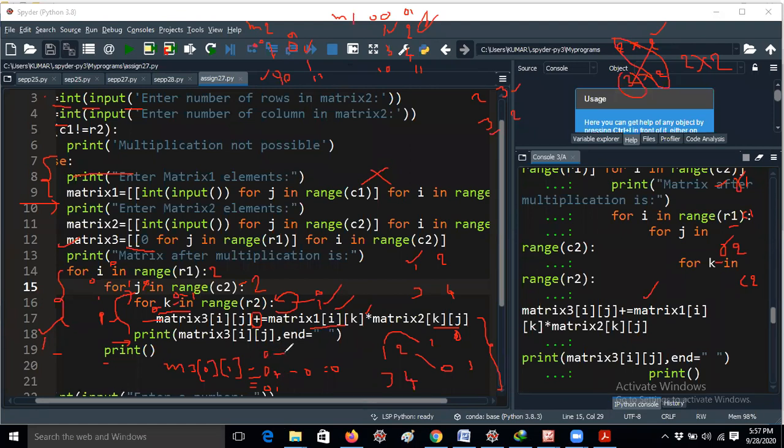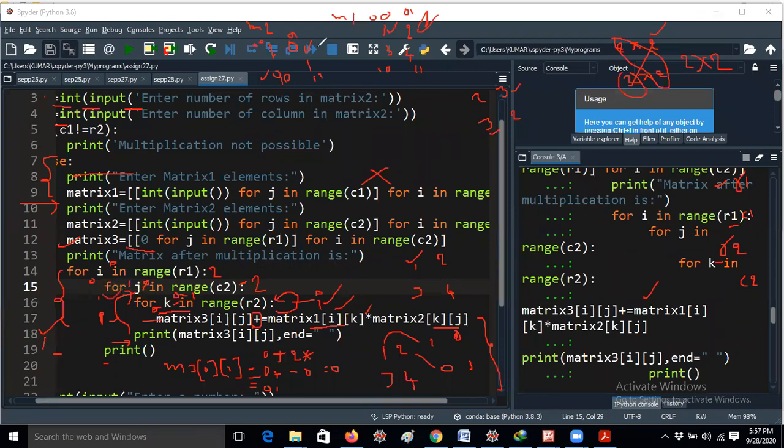So 0 plus. Now m3 of i equal to 0, like m3 of 0 plus m1 of ik. I value is 0, k value is 1. M1 of 0 1 value is 2. 2 into, okay, m2 of kj. K value is 1, j value is 1.